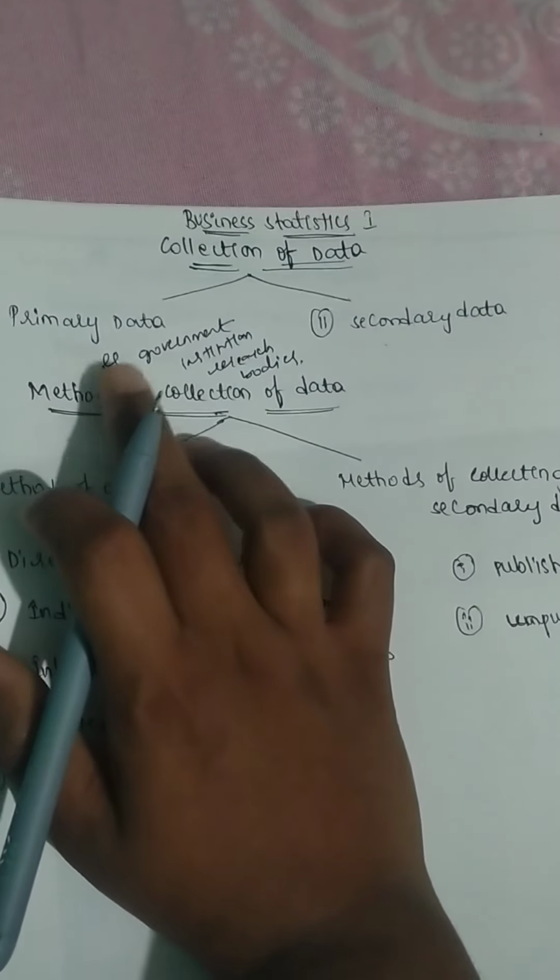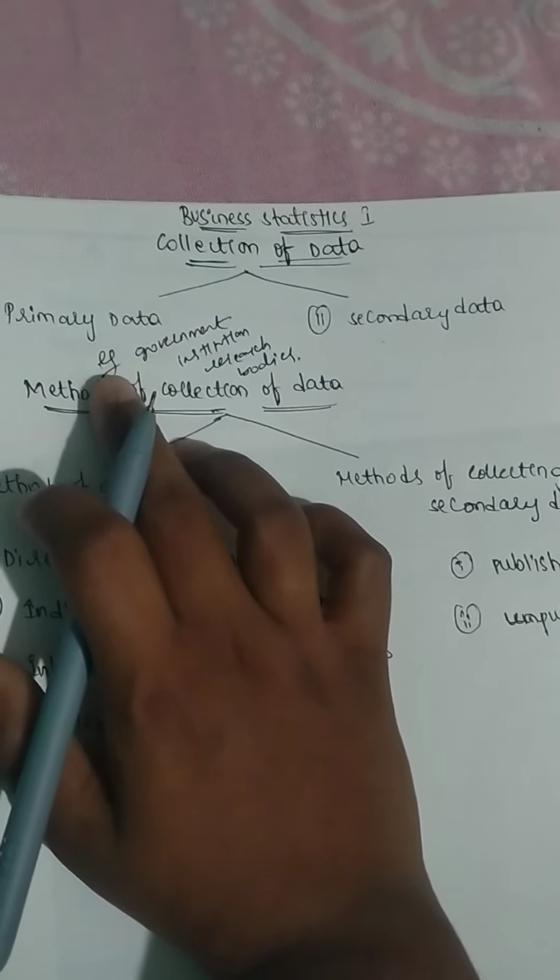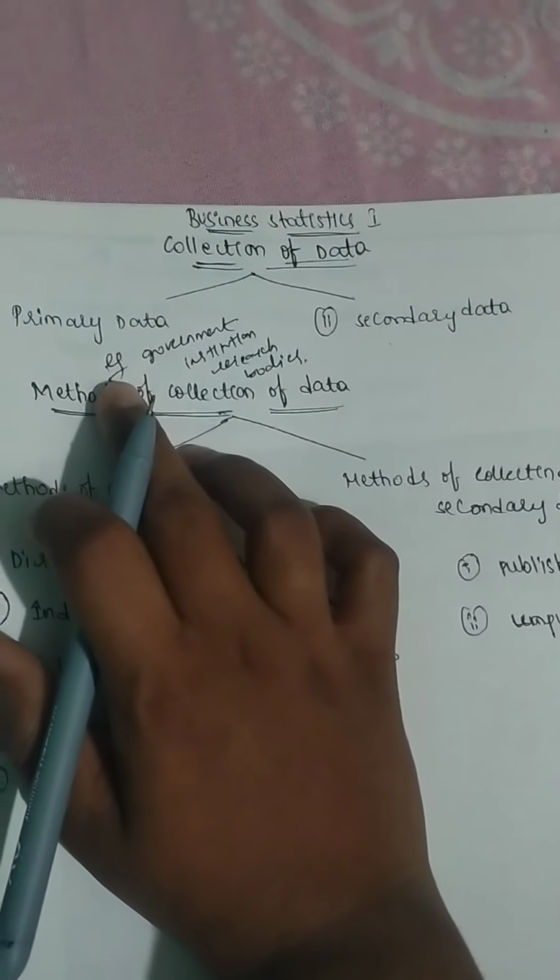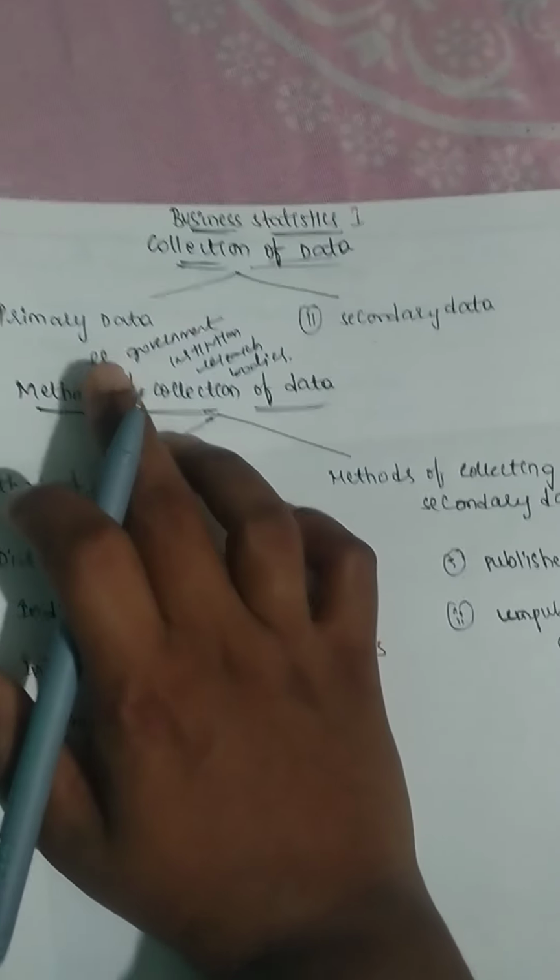So I can take the example for primary data: the data which we will be collecting for the first time. That means, for example, I wanted to know the information